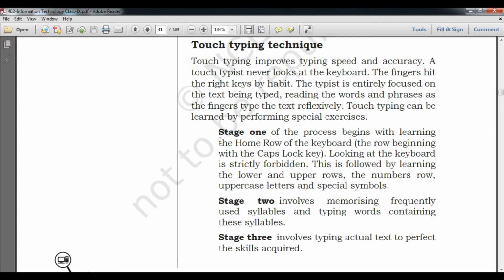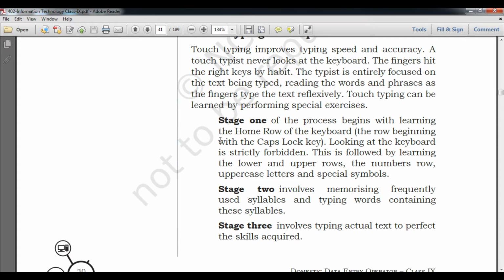Stage 1 begins the learning with the home row keys, that is, starting from caps lock, A, S, D, F, and tilde, semicolon, and comma. Then you will learn the number rows, the upper rows, along with a special symbol row, which contains numerics.